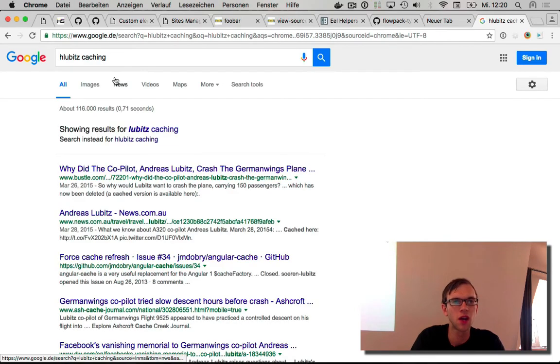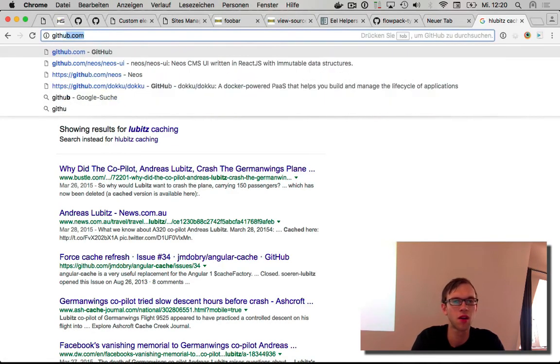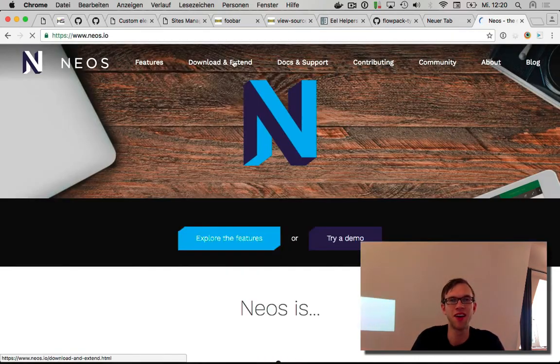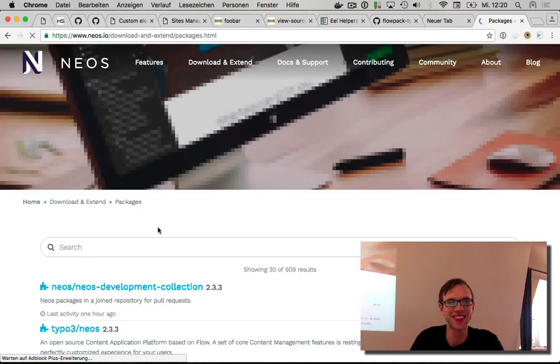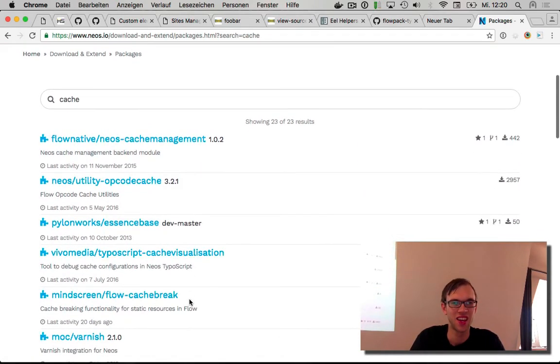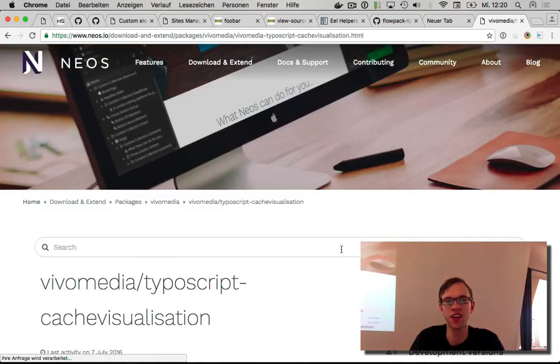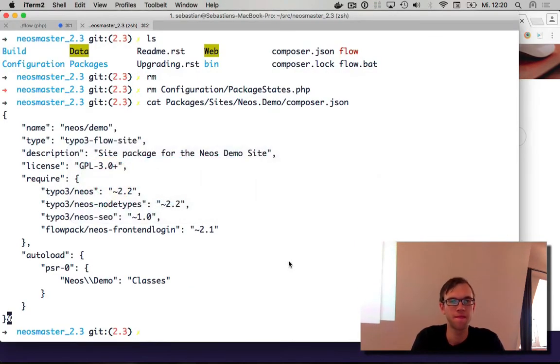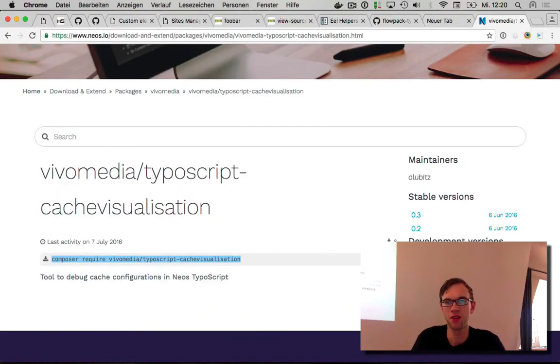I know. If you search on Neos packages. Yes, all right, good point. Packages, and then search for cache. Media TypoScript cache visualization. We'll try it. I wanted to try it anyway, so I have no clue what this does, but it looked very